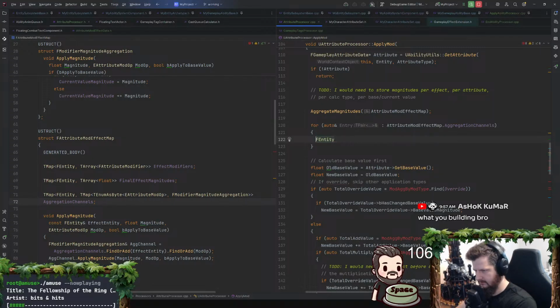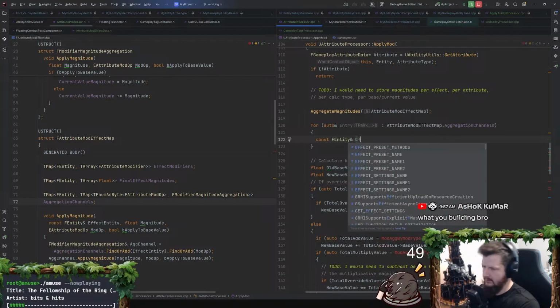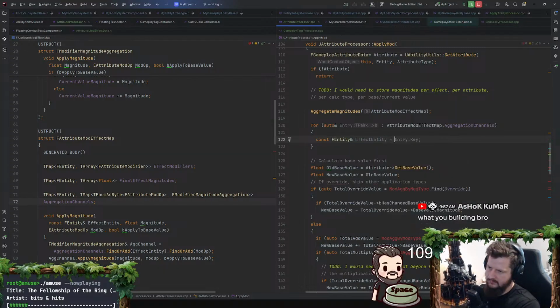Entity. Effect entity equals entry.key. Yeah. And so I do need to iterate over this and calculate the final magnitudes for it, I suppose. But I need to do it by mod op type, actually.